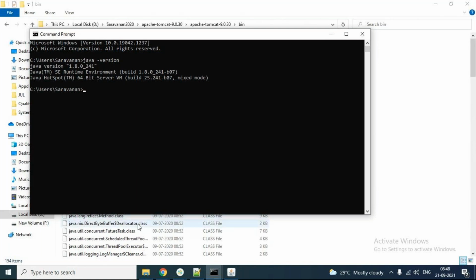So we downloaded Apache Tomcat, and we are checking that Java is available. If not, we have to download and install the Java JDK from Oracle.